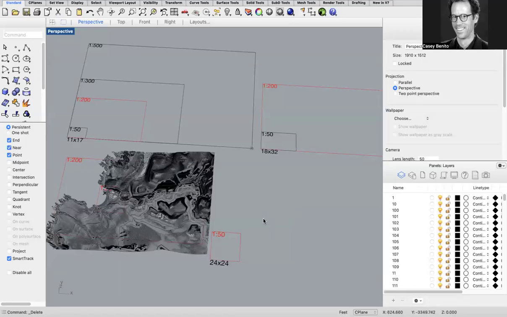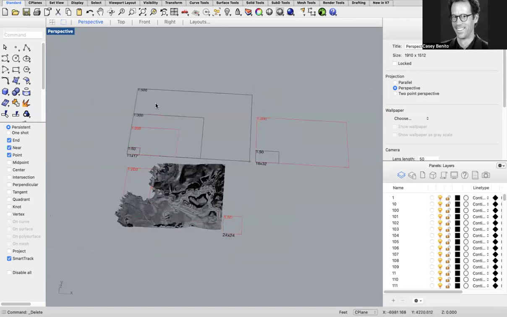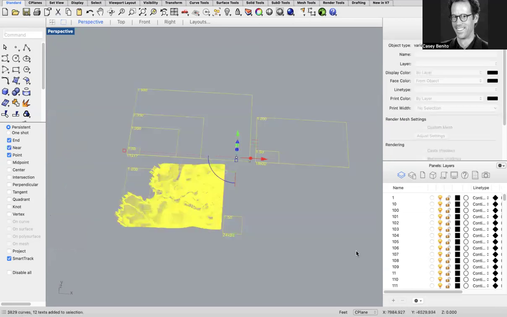Hi, everybody. This is going to be a quick tutorial to show you how to turn topography lines into some kind of a terrain surface that you can then turn into a physical model. Okay, let's get started. First thing I went ahead and did is selected everything in my file and moved it